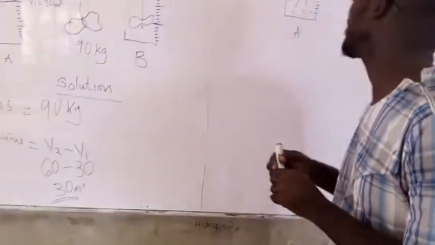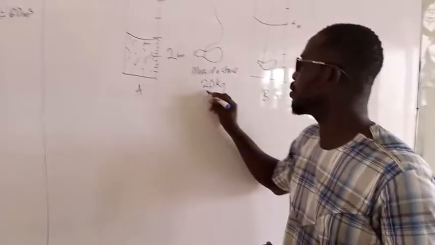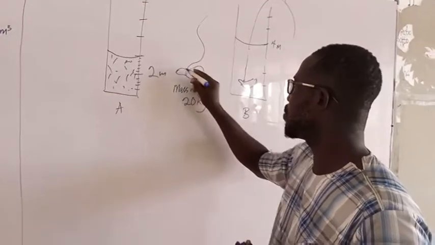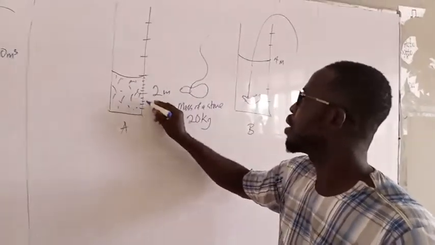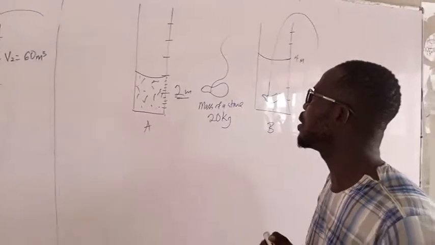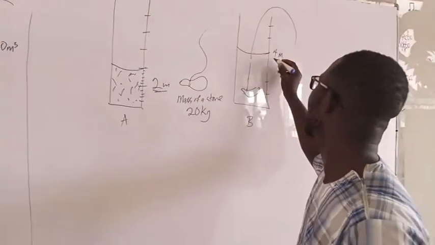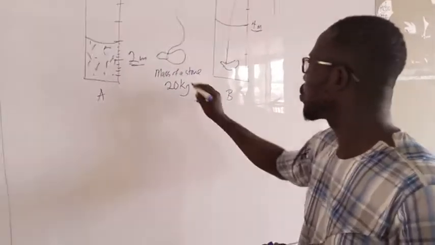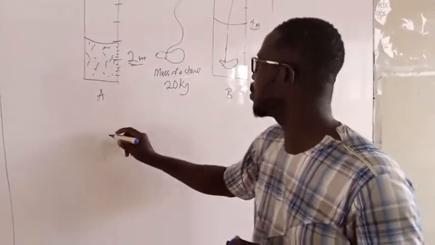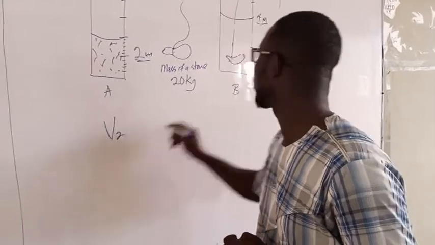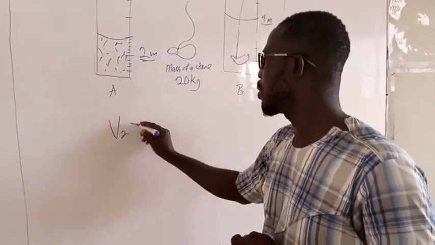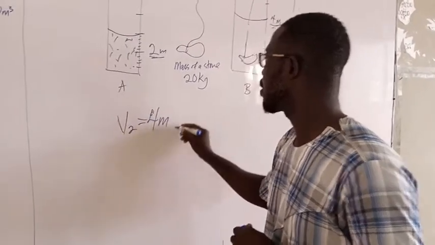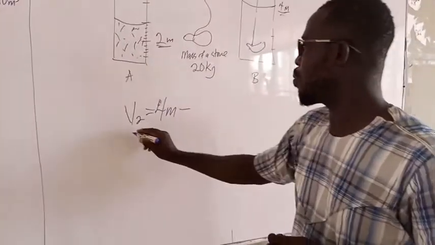Let's look at our second example. Here too, I have my mass of 20 kilograms. I don't know, maybe it's a mango or a stone. And then I have my initial volume of 2 meters, and then I have my final volume of 4 meters. So if I want to find the volume of the stone, it is V2, which is the final volume, which is 4 meters, minus V1,